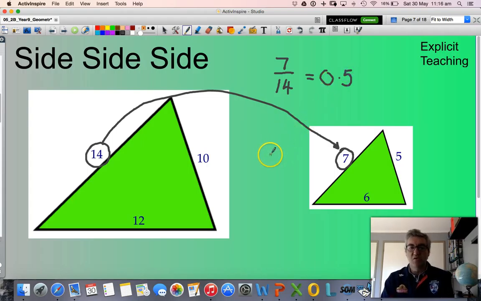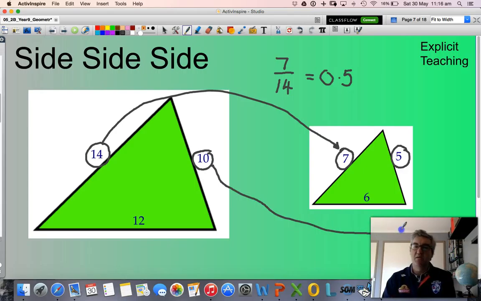Now what I do is I look for the shortest side length. So over here, the shortest one would be 10, and the shortest one over here would be 5. Now, if I multiply 10 by 0.5, do I end up with 5? Yes, I do. So I can say that those two are considered to be corresponding sides,